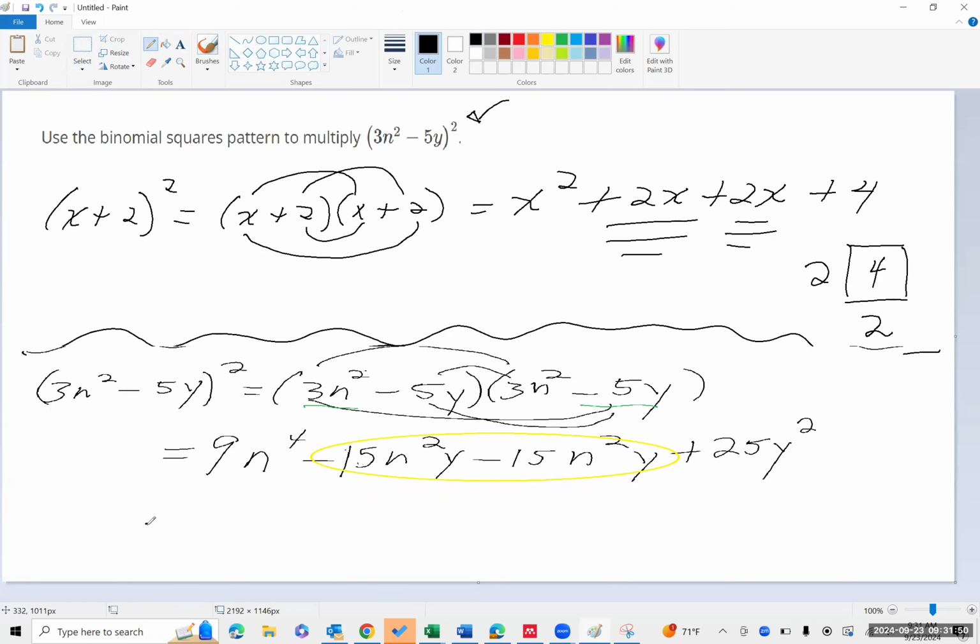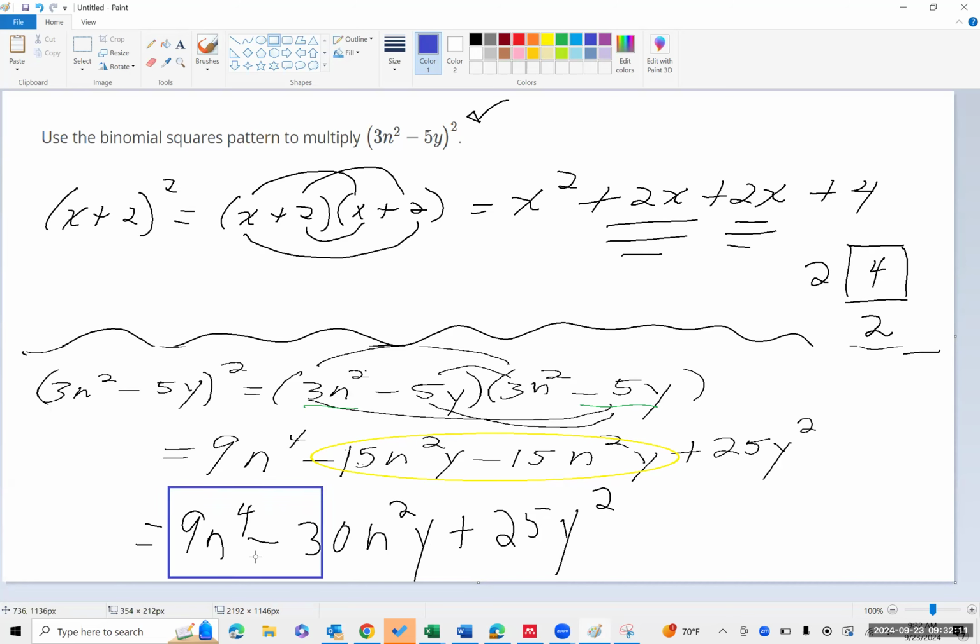Because I need to keep my 9n to the 4th power. Negative 15 plus negative 15 is negative 30 n squared y plus 25y squared. And that is the answer that we're looking